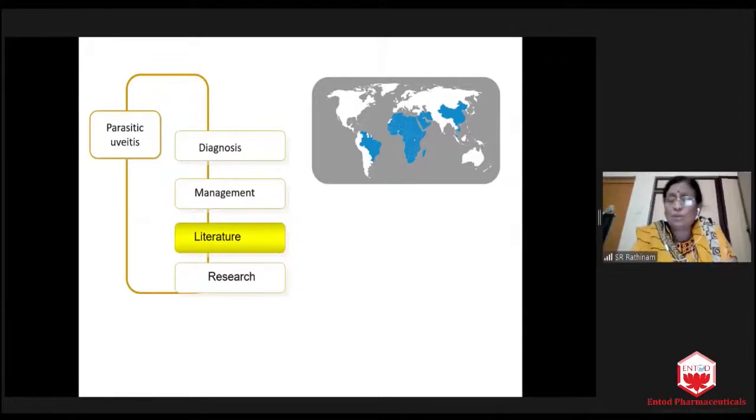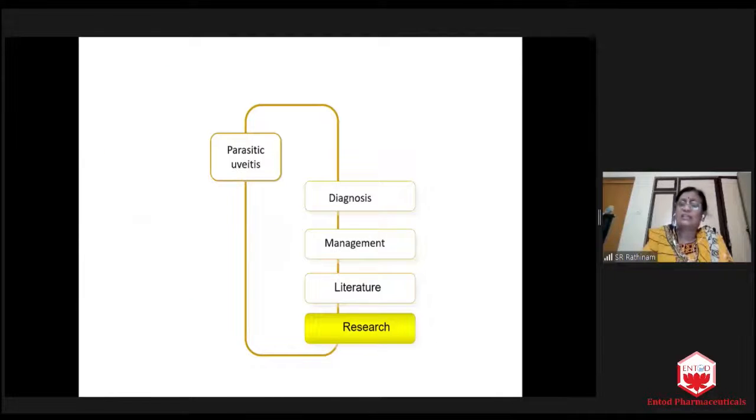So the map is white as if we don't have parasites. Literature we have to build. Whenever we see parasitic disease, we have to work on that and publish so that we will know the real picture. When there is no literature, there is no research in developing countries. Unless we prove, unless we publish, there won't be any research. There won't be any good